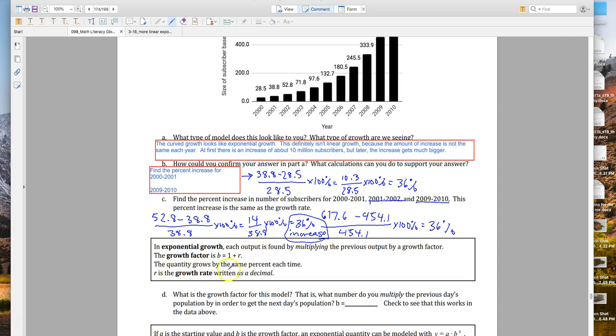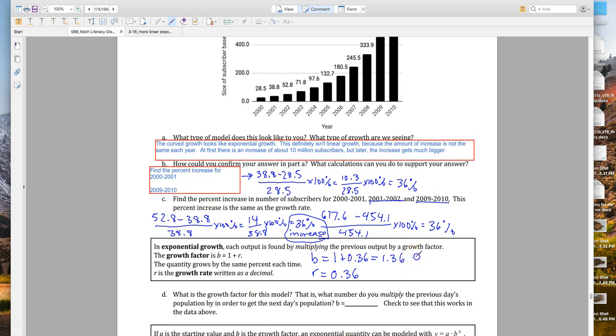The quantity grows by the same percent each time. R is the growth rate written as a decimal. So in our example, the R is 0.36, because we had a 36% growth, and we convert that to a decimal. That's our R. And then the B is 1 plus R, so 1 plus 0.36 gives us 1.36, and this is